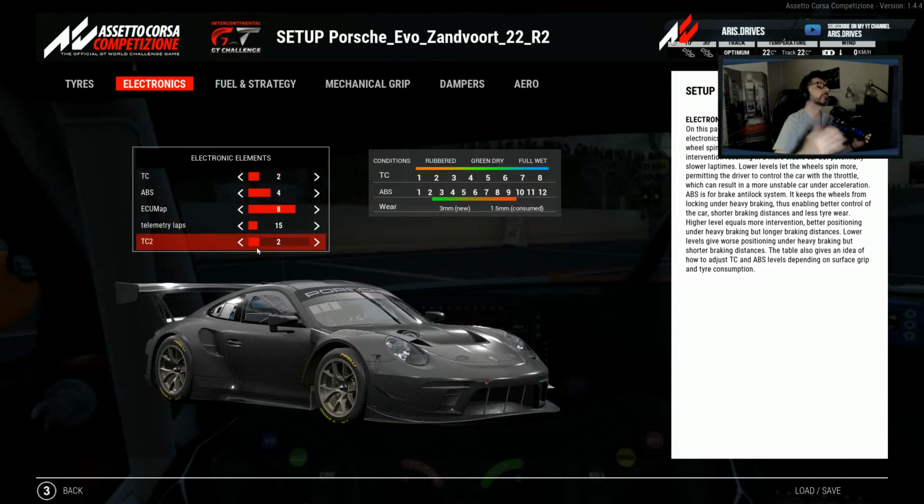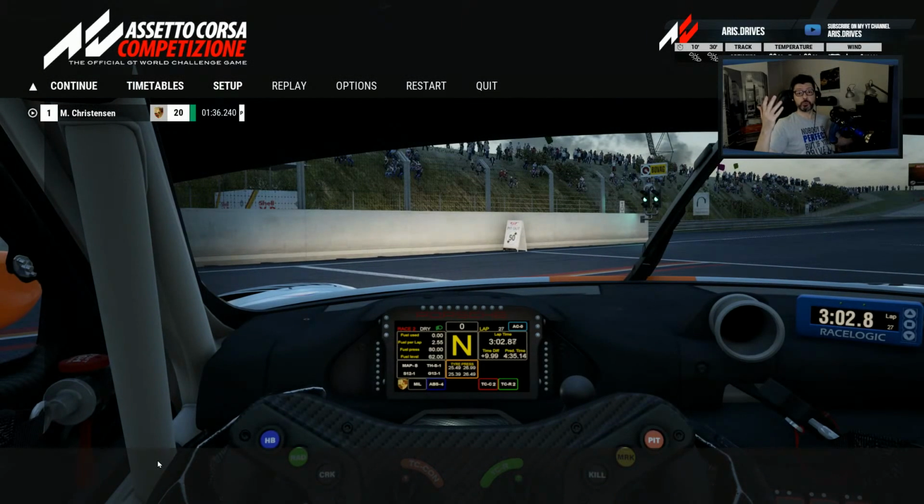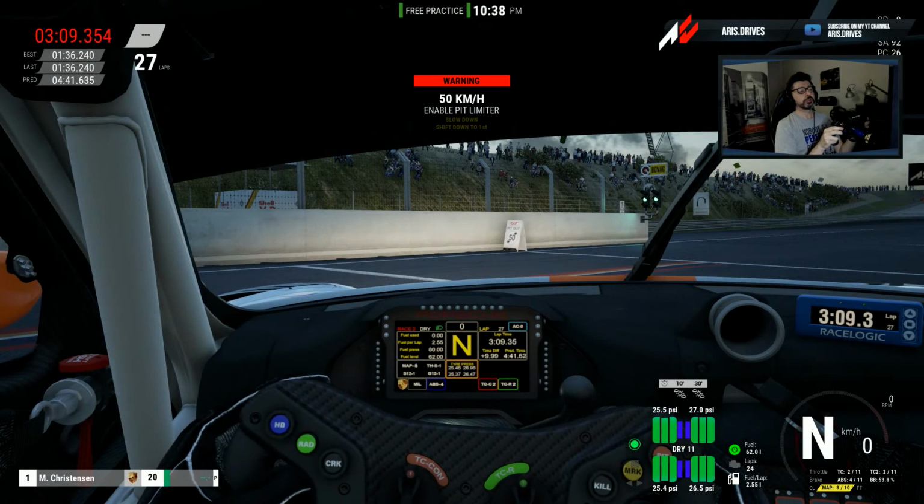Now, cars that have just traction control 1 doesn't mean that they don't do the same thing, but what I'm about to explain is built into traction control 1. So each level of traction control 1 has different things happening. Now, traction control 2 and 1. So some cars, starting with the Ferrari, that was the first car that made this, have those two traction controls. So what do they do? Well, the first thing they do is traction control 1